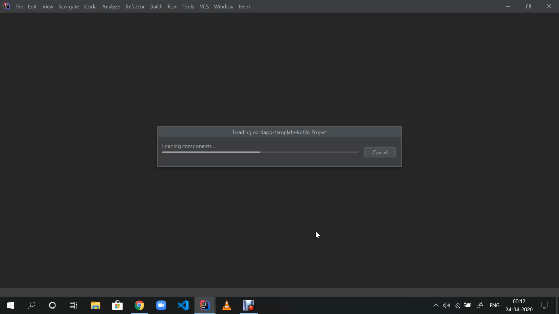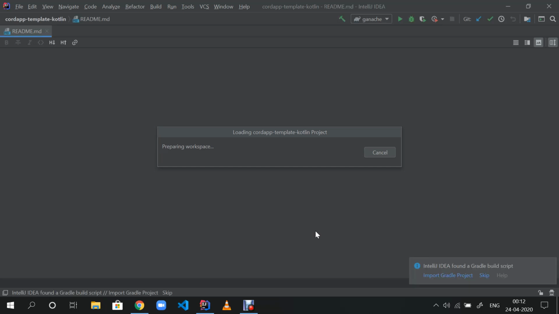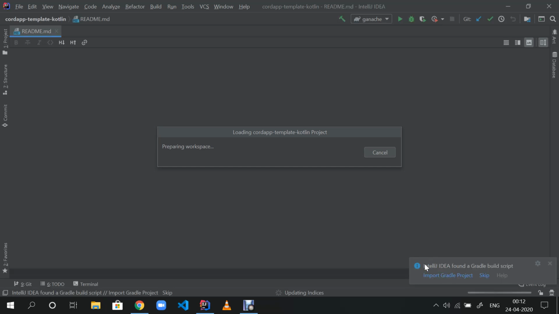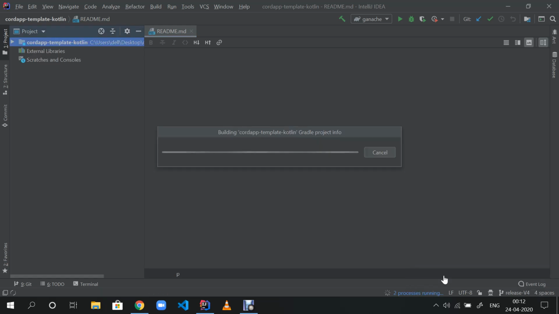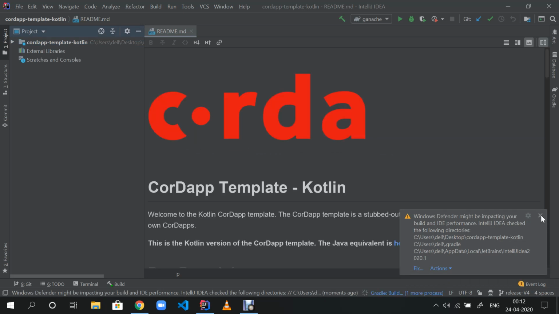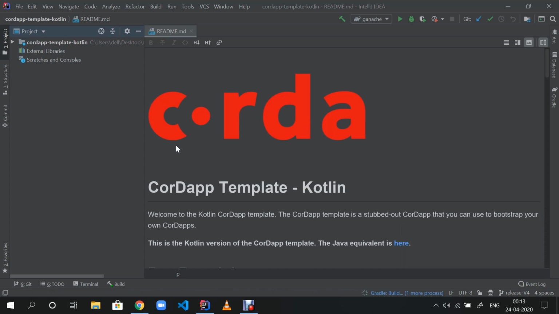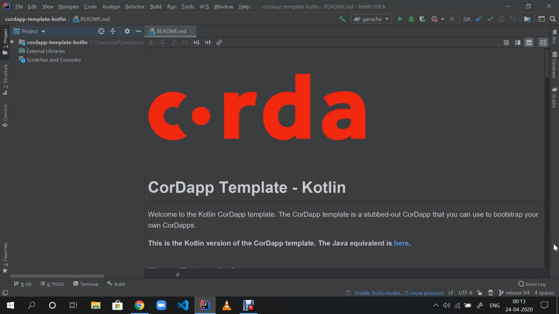Now one key point to remember is once you have loaded the project into your IntelliJ, it will give you an option of import Gradle project, just like this one in the lower right corner at the cursor. When you do import Gradle project, what it essentially does is, Coda uses the Gradle tool to manage its dependencies. So when you do a Gradle import, all the dependencies of Coda are downloaded automatically. See, they are being downloaded. So while this process completes, let's have a look at the code.